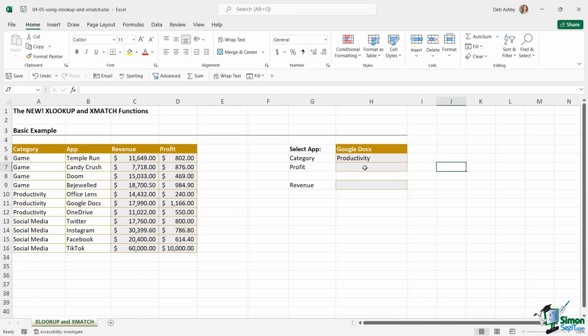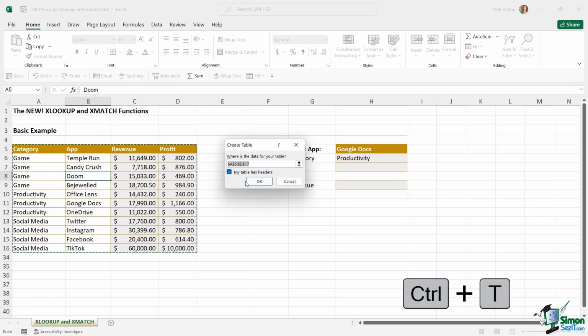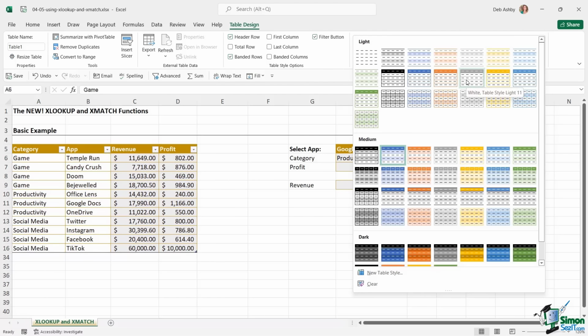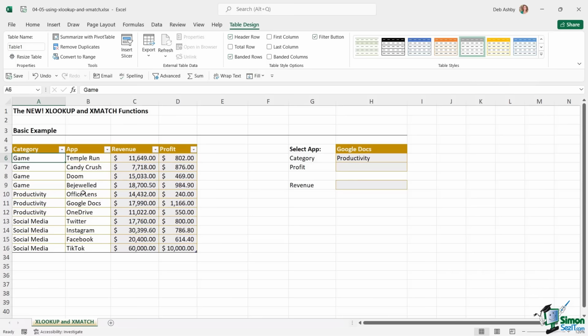Now we're going to do XLOOKUP again to return the profit and the revenue, but we're going to do this in a slightly different way again. Now so far we've seen how we can create named ranges and use those in our formulas, but what about if I want to put this data in an Excel table? Well, what I'm going to do is click in my data and press Ctrl T. Yes, my table has headers. Let's click on OK. Now, I don't particularly like this formatting, so let's change that. That looks a little bit better. And I'm going to give my table a name. So let's call this